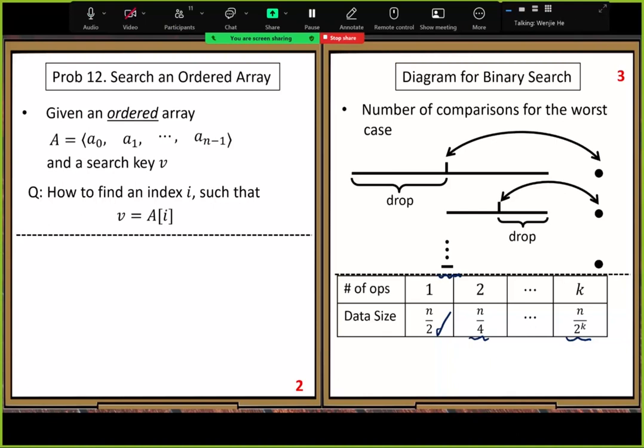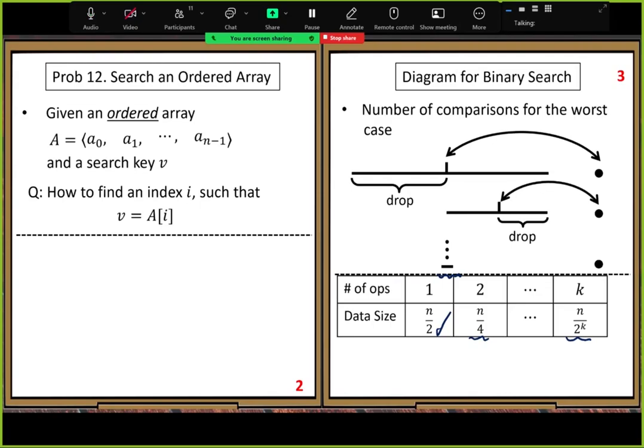To do that, you need to find the condition. On the worst situation, you do not need to do split. It does not make sense to do further split. You need to catch that point. Think about it: if the remaining data only contains one element, do you need to split? No, because there is only one element. You have no choice. What you can do is just the last comparison, compare with this